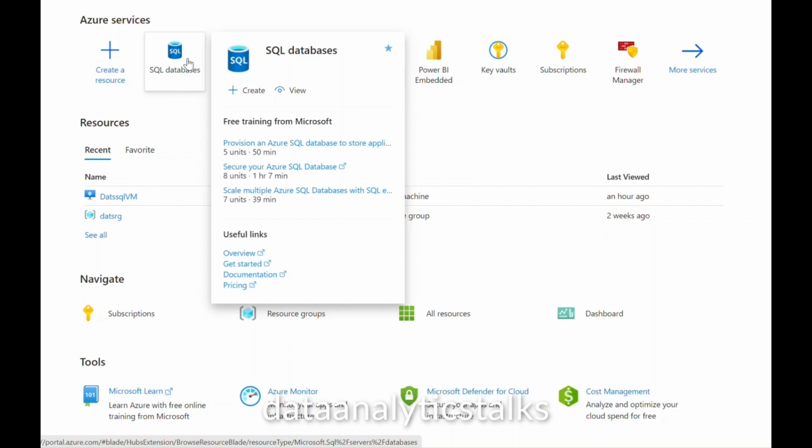Of course, you will see some more description about the SQL databases and the available Microsoft trainings on SQL Server, etc. on this pop-up. But I'm not interested in that. But I would be interested to create a new SQL database for me today. So when I click on the create button,